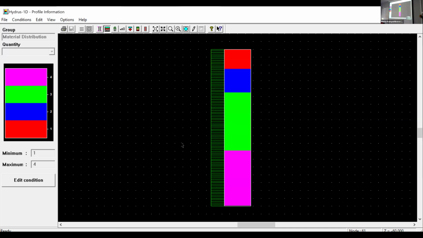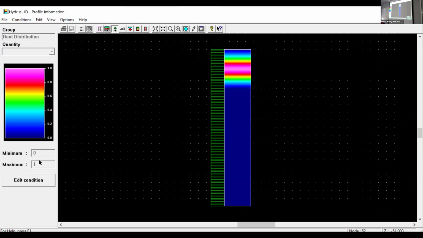So yeah, for different layers, we will specify by using the edit condition, left and right click, and then go to the corresponding depth, edit it, and then put the number as a layer. For the roots